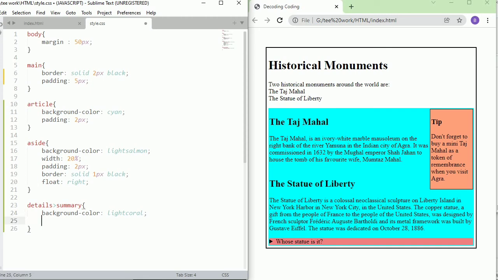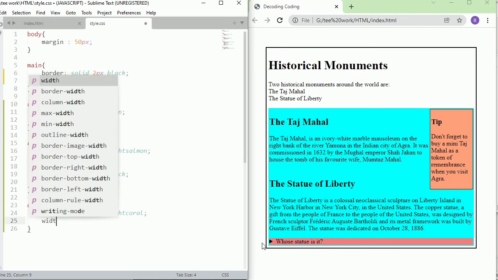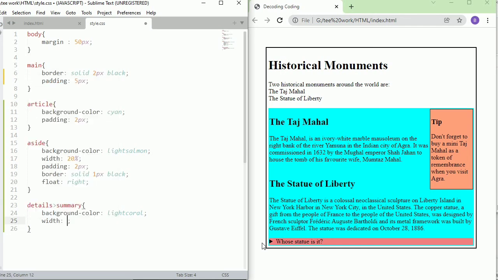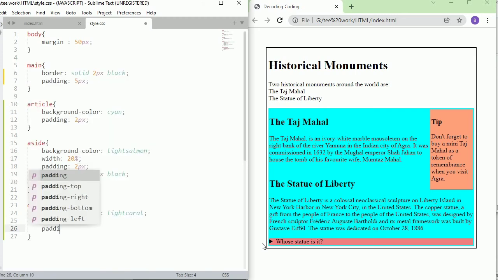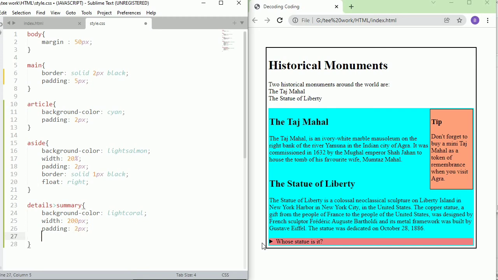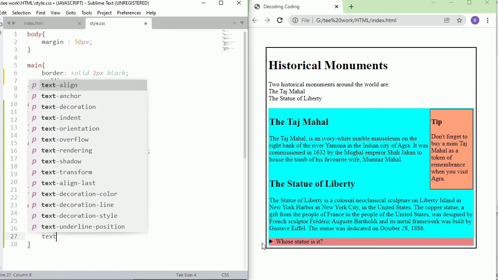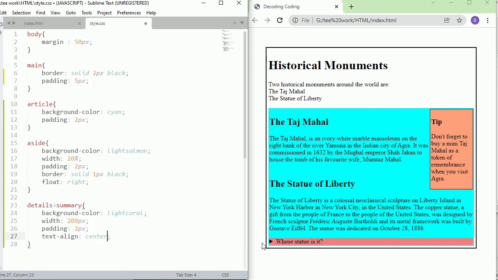I want it to be a little smaller, the text to be a little visible. So I'm going to change the width to 200 pixels. Also, I'm going to add the padding so that the text doesn't stick to the edges, and I'll align the text to the center.